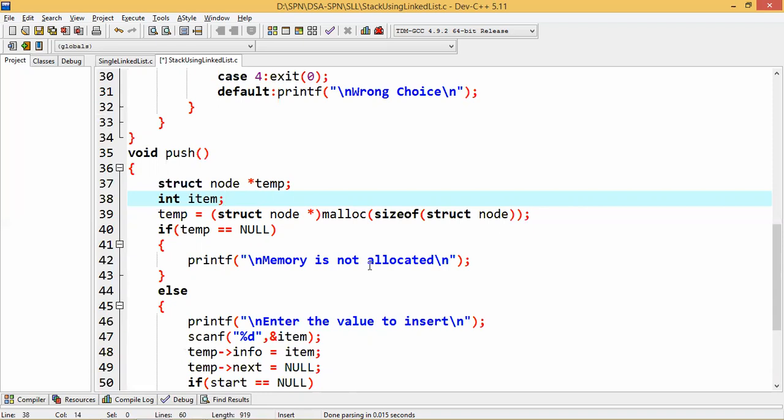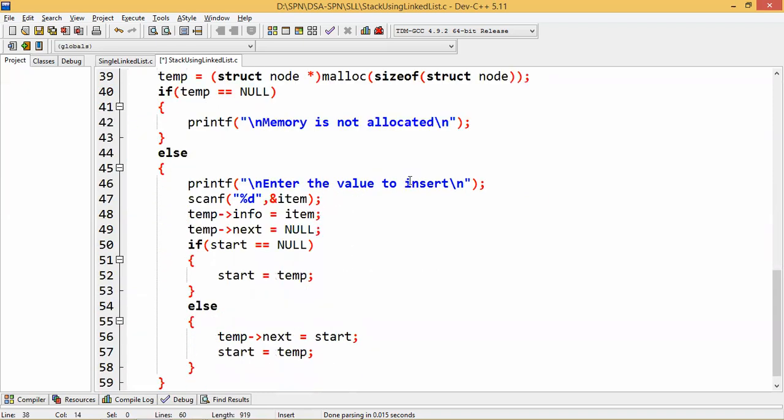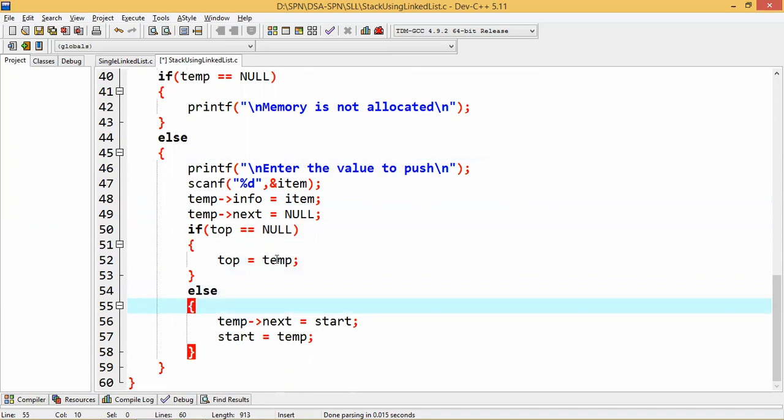If not, memory is not allocated. Otherwise, I have to enter the value to push. Then whatever value you are keeping, you keep in the info part, and in the next part you keep null. In place of start, you are writing top.